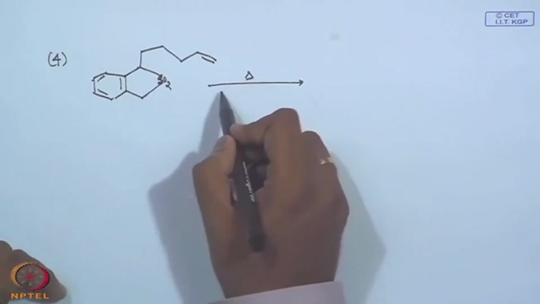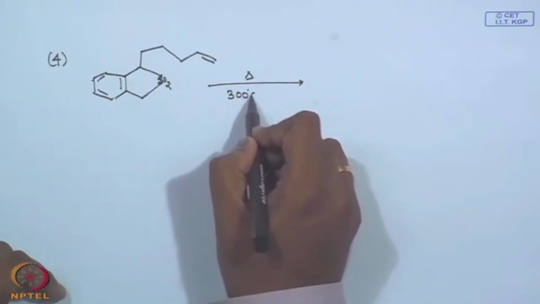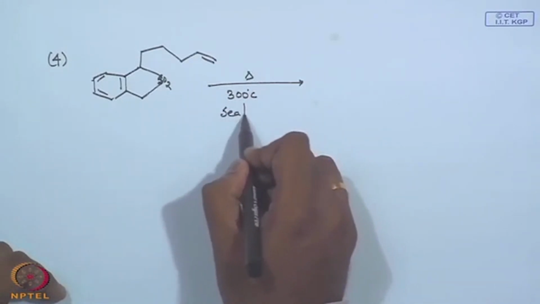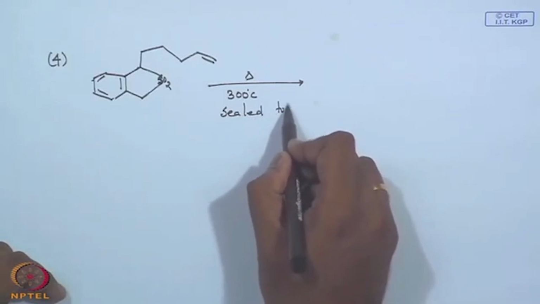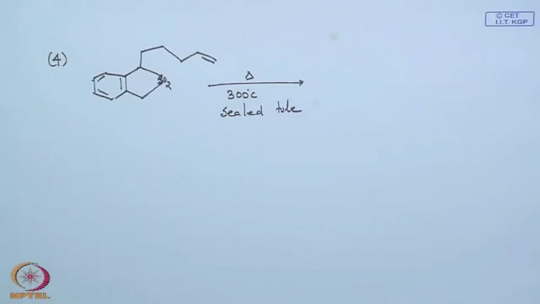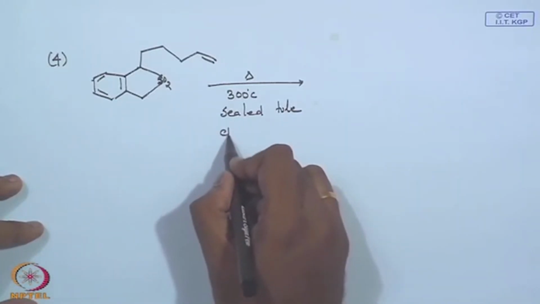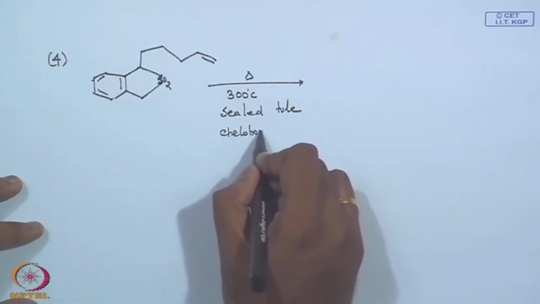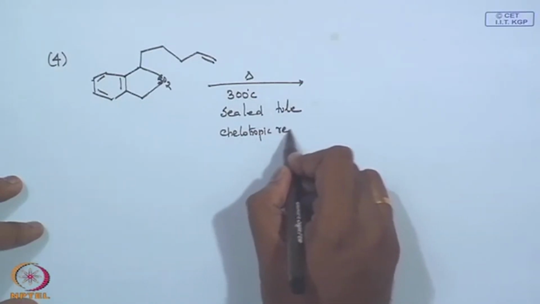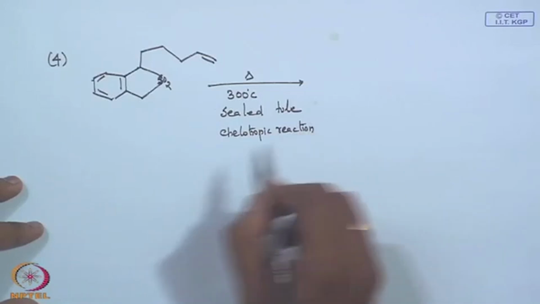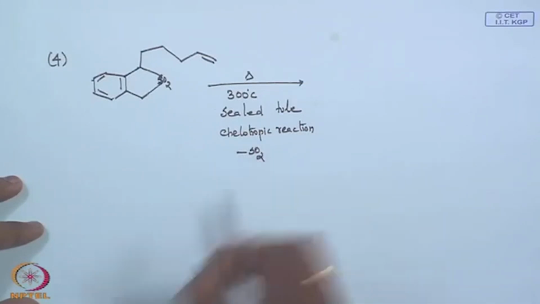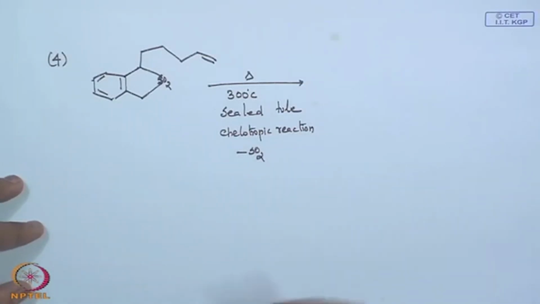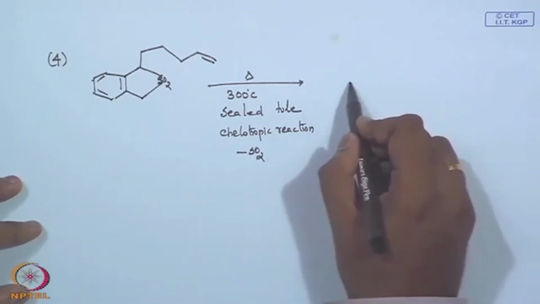Normally they take this in a sealed tube and heat it at 300 degrees Celsius, and you get your sulfur dioxide extrusion, which is your chelotropic reaction, with your sulfur dioxide eliminating out. So you get